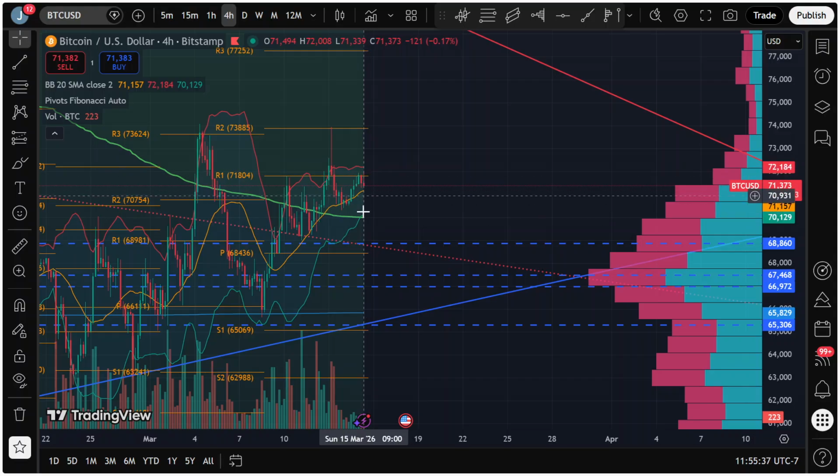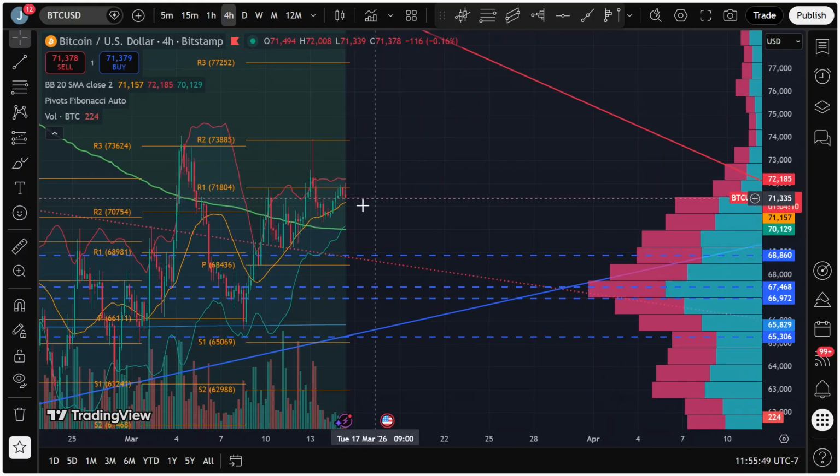We are showing some compression on the Bollinger Bands, which does mean we will snap soon to one side or the other. It looks like it's favoring upside to me at the moment. So we'll see based on the weekly close at 5 p.m. PST today. I will go over that in tomorrow, Monday's newsletter.